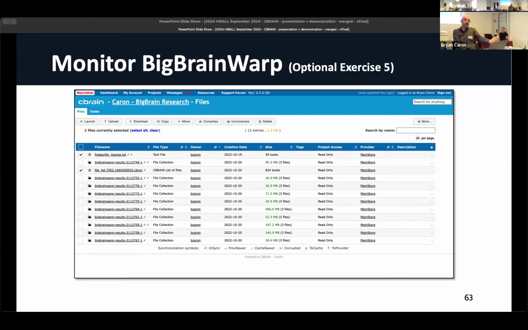You can look at the output of any particular one. You can see the log files if any of them were to fail. You can double check and see, okay, even if there was, say, a failure because maybe you misset one of the parameters, you can then correct the parameter, relaunch. So all that diagnostic information is kept there for you.